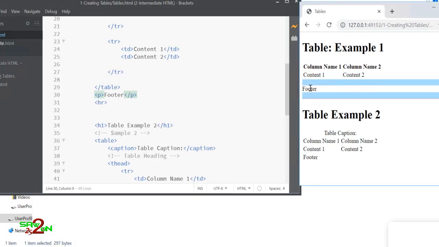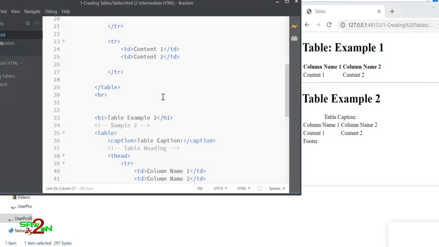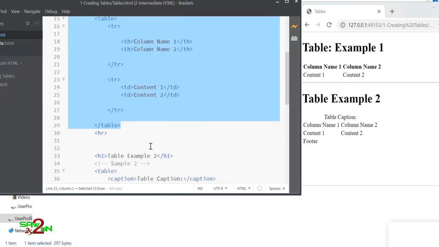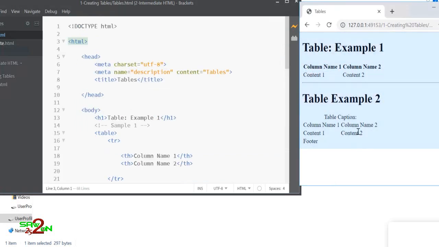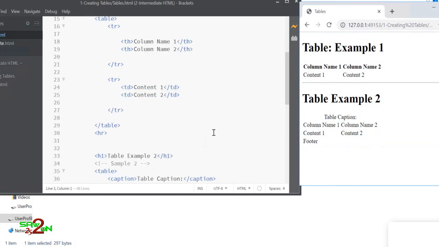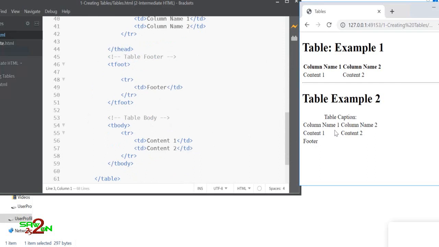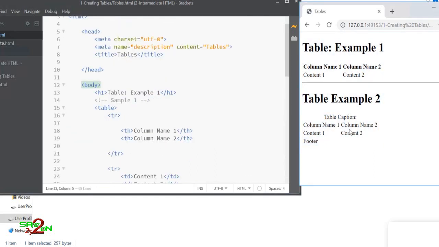You have little more space when you write a paragraph, but if you write a footer for your table, it's right under the column, right? So it's up to you how you want to write it, but typically I tend towards writing simple tables because it has too much things inside. It's simpler to read as well because you have the heading and then you have the columns. Okay, but if you want something like a table where you have to have a caption, where you want to have a heading, you want to have a footer, and then you have to differentiate between the heading, footer, and the body, then this kind of tags will help you to achieve the same table. All right, so that's all about how to create tables in HTML.